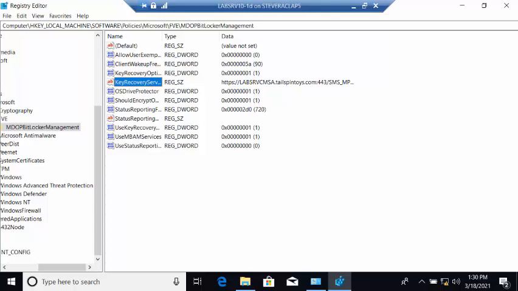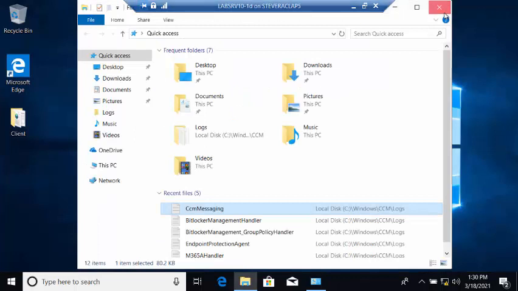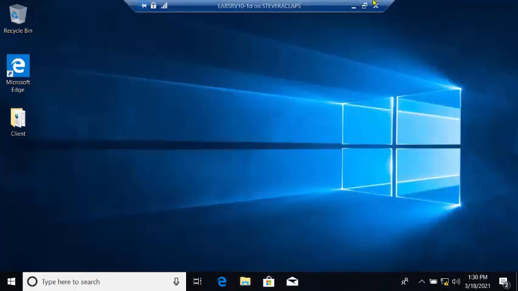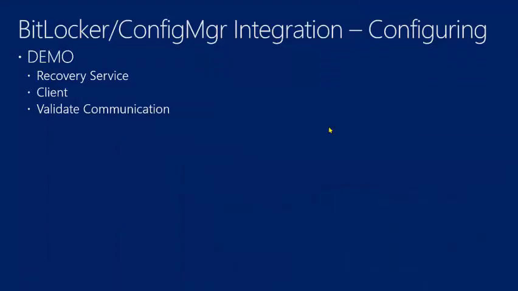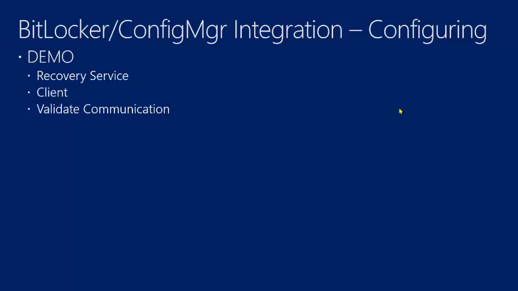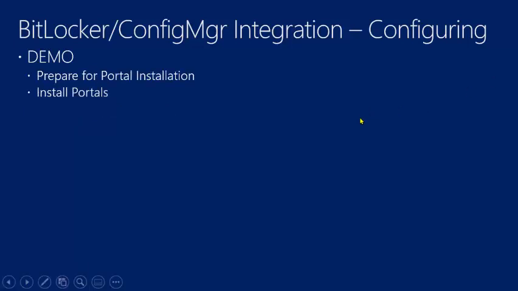Well, it's easy enough. Crack open the registry, and you can validate here that in fact they are using the correct location. All right. So that is configuring the recovery service. That's most of the configuration infrastructure side that is required,